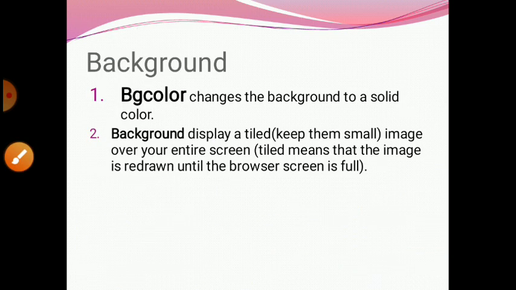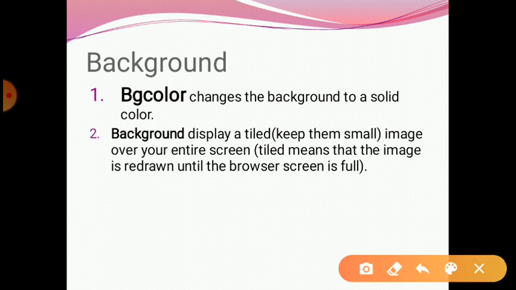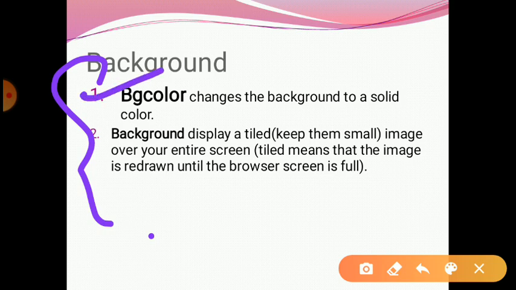So here, background: if you want to change the background of our web pages, there are two ways to change the background. The first one is bgcolor. Basically bgcolor is used to change the background color of our web page into a solid color. Suppose a white page is shown in front of you.